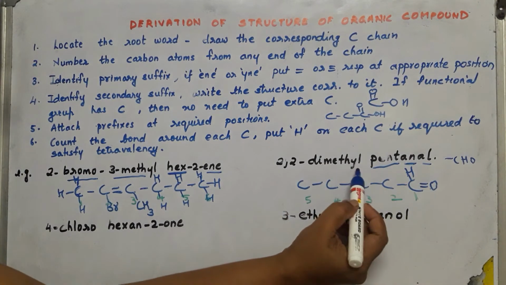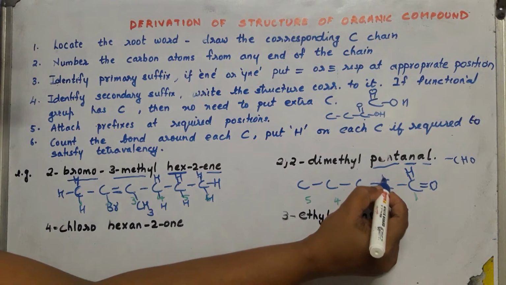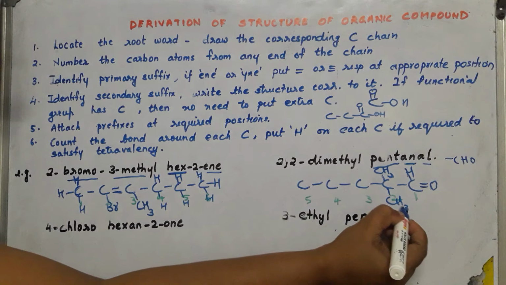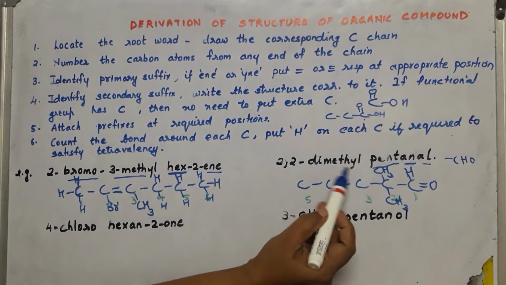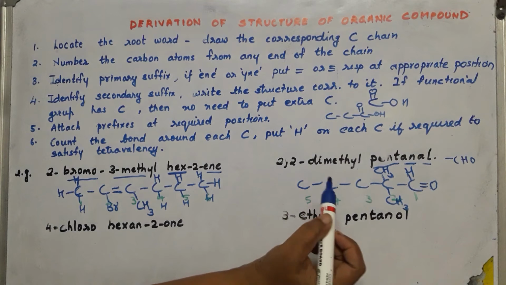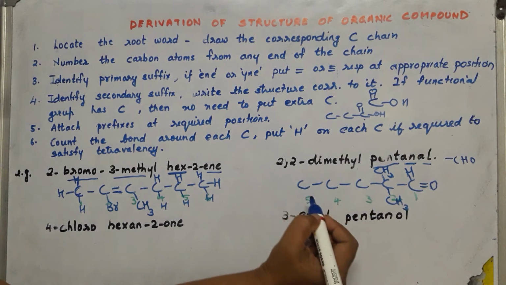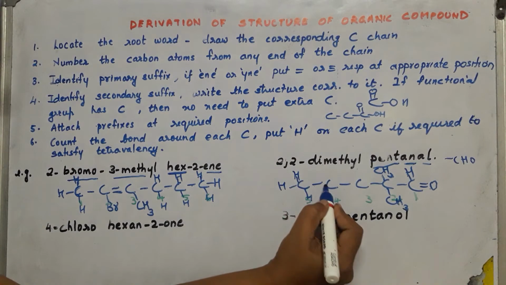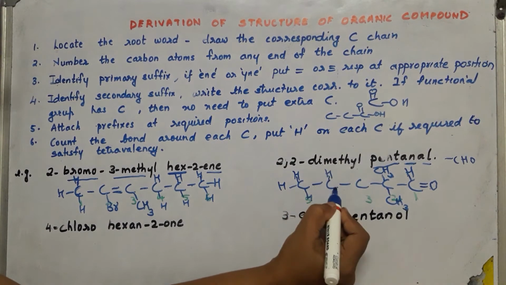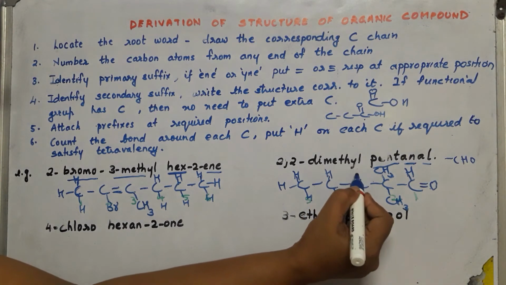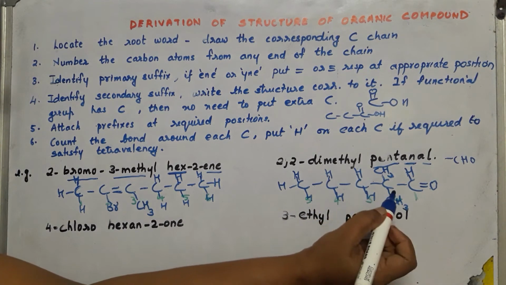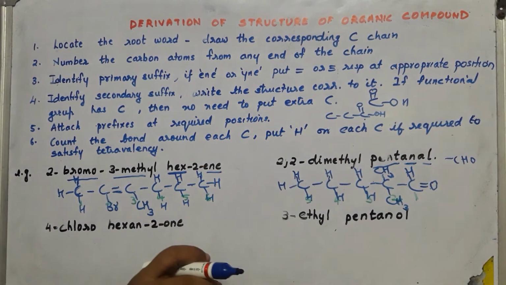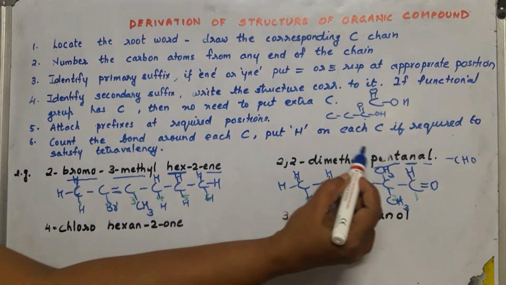Now you have to go on to the prefix. Prefix is on the second carbon, there is methyl. CH3, CH3. Now I have given 2 methyl on the position 2. Now count the bond and give necessary hydrogen. 1 bond, so 3 more hydrogen. Here 2 bonds are there, give 2 more hydrogen. 2 bonds are here, give 2 more hydrogen. Now this is all 4: 1, 2, 3, 4. 1, 2, 3, 4. So that is complete. So this is the structure for the given name.